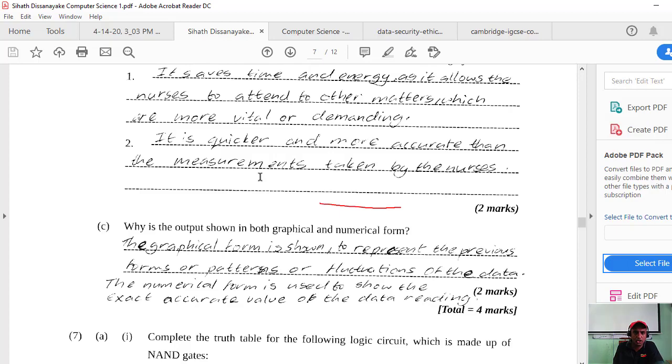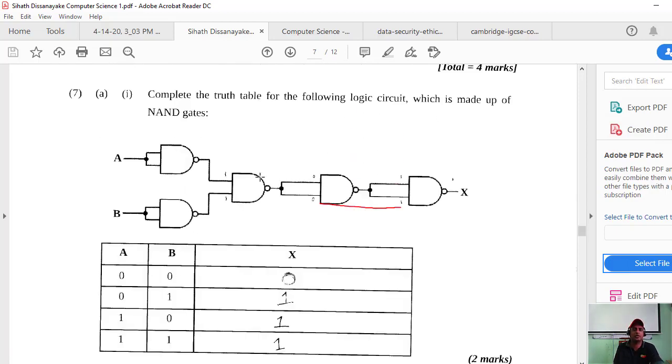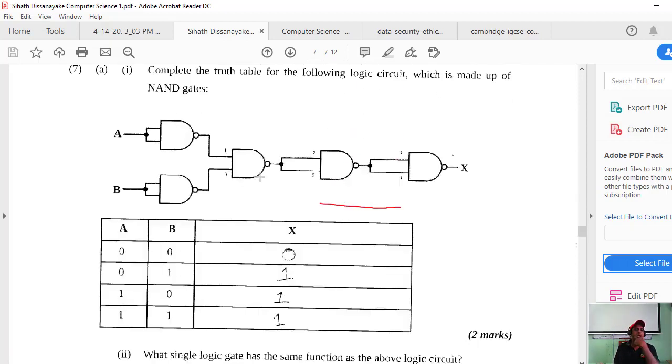Okay, so next question. That is now 7. This is just a NAND gate. So here how it comes, AB, right? Here A is 0, here B first. What will happen here? 0 becomes 1, no?